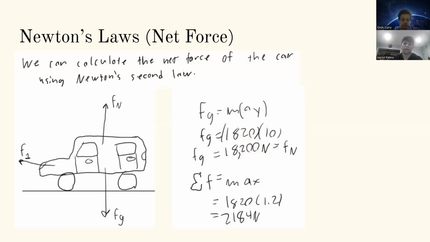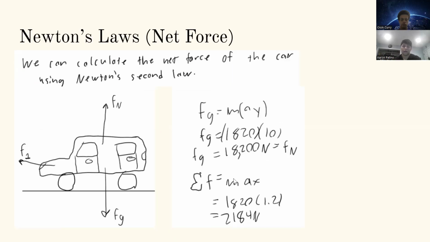And we can apply these things when we look at Newton's laws. We can also calculate the net force using Newton's second law, which is force equals mass times acceleration. But first we can find the force of gravity by using the acceleration in the y times the mass. When we do that, we find it to be 18,200 newtons, which would also be equal to